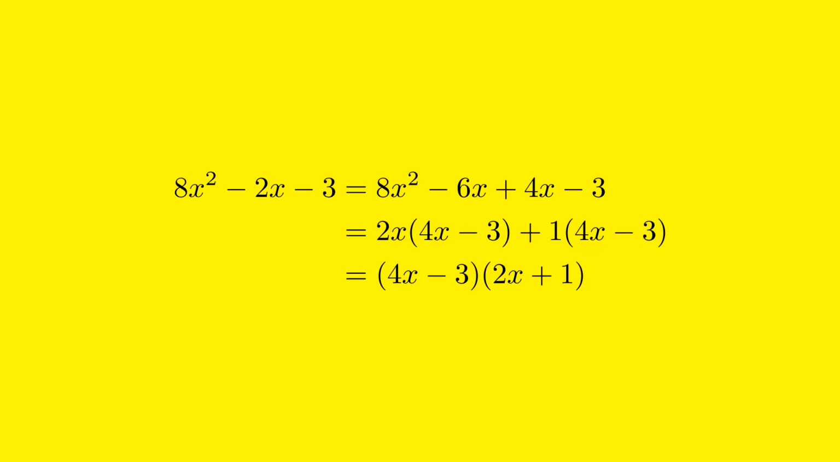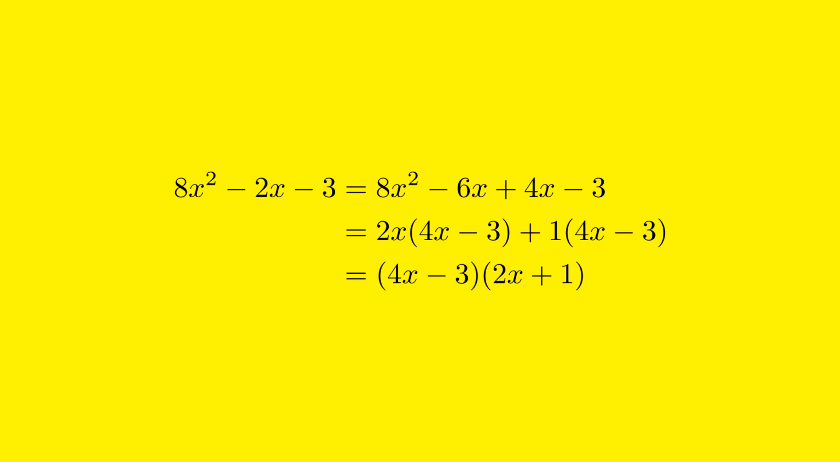After some trial and error, we can find out that the two numbers satisfying this requirement are minus 6 and 4. This is so because minus 6 times 4 equals minus 24, and minus 6 plus 4 equals minus 2, which is the coefficient of the middle term. Hence, we rewrite minus 2x as minus 6x plus 4x, rewriting our original quadratic expression as 8x squared minus 6x